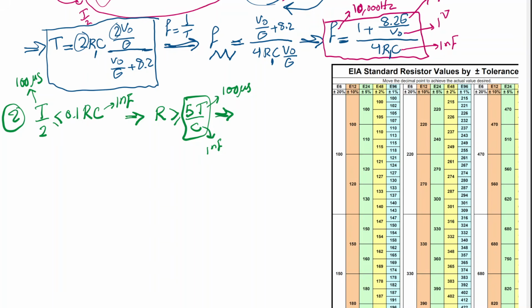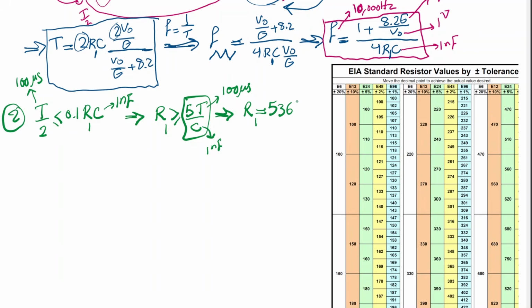So if we just put in place, we end up with the value of R in the circuit should be more than or equal to about 500, say 30 or 20 kilo ohms. So one good choice for the value of resistor R1 is going to be